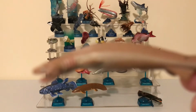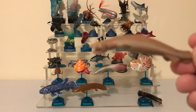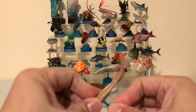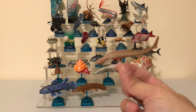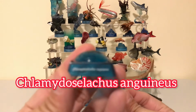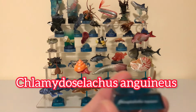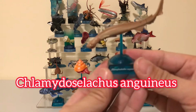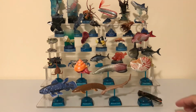And the details, hopefully if I can just get this to focus, we can see the details on this, which is really cool, especially his head. If not, I'll come back to it maybe later. It's not really cooperating right now, but for the Latin name, it's quite long, real long. I'm not even going to attempt to say that. You guys can look it up. All right, and the last one